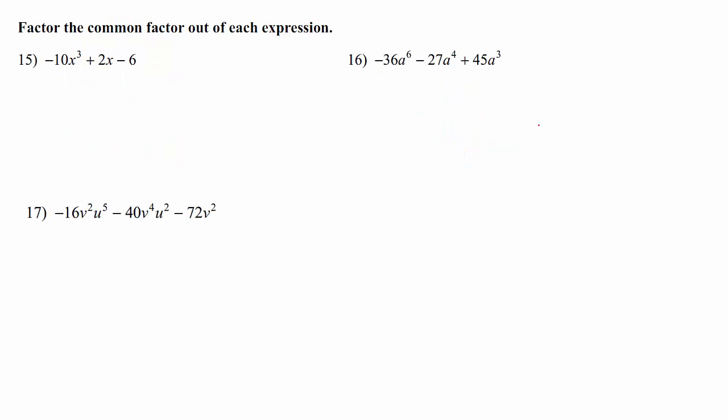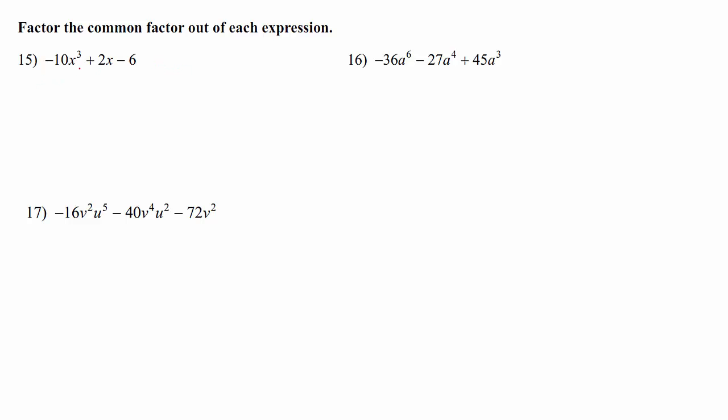Now we're moving on from multiplication, and we're going to talk about factoring, which is the opposite of multiplication with polynomials. So this first section says to factor the common factor out of each expression. So what we're looking for is a number that we can divide everything by, and/or a variable that we